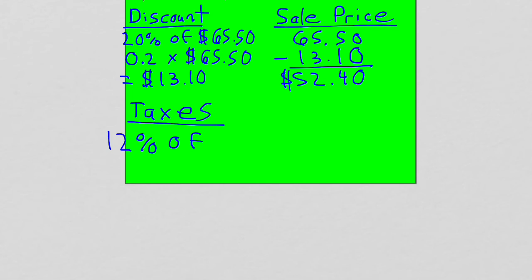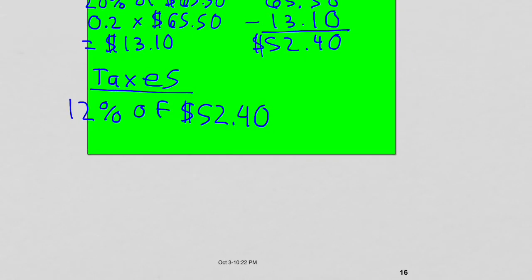So I would do 12% of $52.40. We all make mistakes, right? We all got to learn from them. So no worries. Just as long as we're learning from our mistakes and trying not to repeat them, it's all good. So you're doing 12 hundredths times